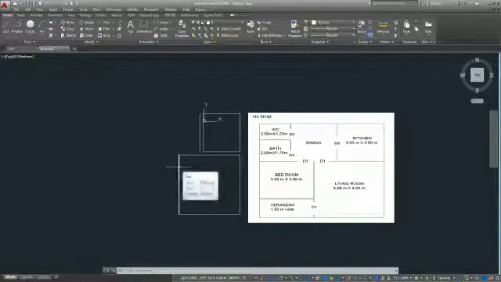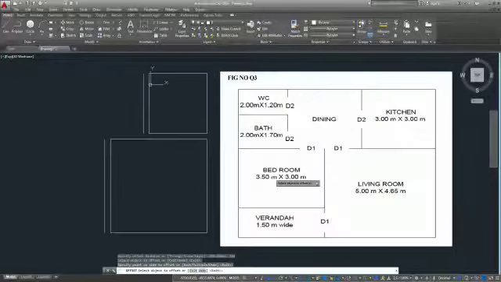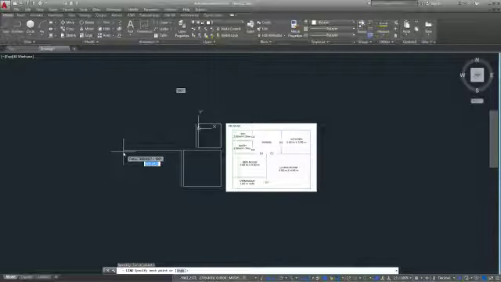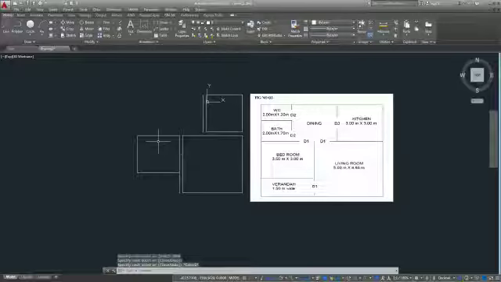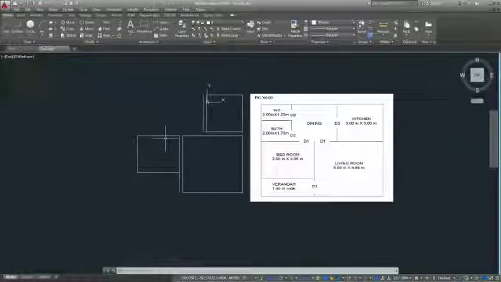For this living room wall, I will give the offset wall thickness 300, and we'll draw the bedroom. Bedroom is 3,500 by 3,000. So from here 3,500, enter, and here 3,000, enter. Fine. See, now the bedroom is finished. Now I will give offset, enter, 300, enter, on this side, and let me join these two.